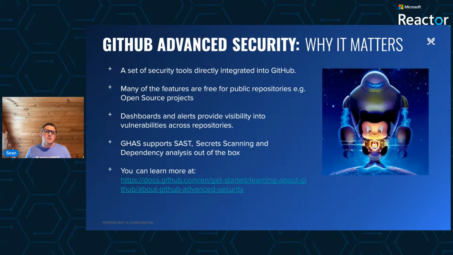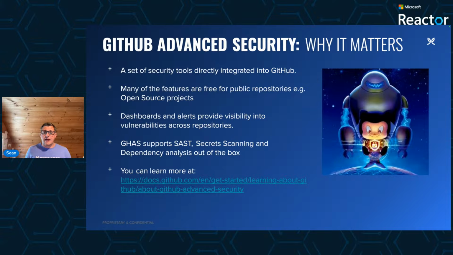And when you enable push protection, GitHub goes one step further by preventing developers from committing those secrets in the first place, stopping sensitive data from ever entering the codebase. Combined with custom pattern support, these capabilities give teams both flexibility and protection, dramatically reducing the risk of credential leaks and the downstream security incidents that often follow.